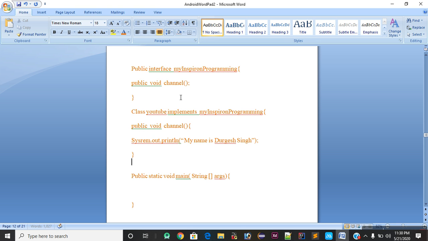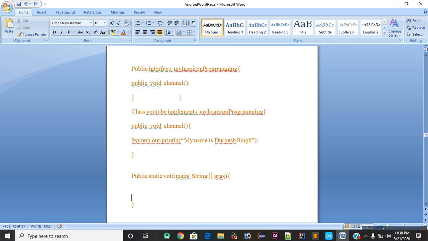So what is the name of my interface? For example, you can assume for a few moments that this is my parent class, and this is my child class, and the interface name is my Inspiron programming. So I will write the interface name. Inside the interface I have a method.